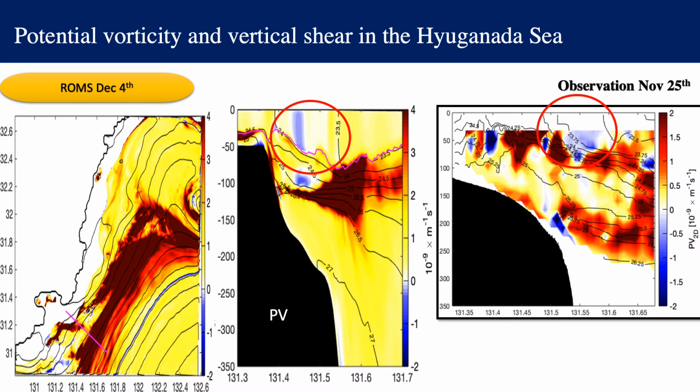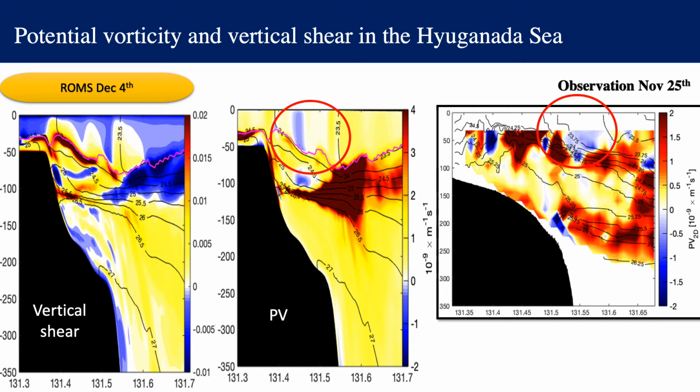This negative potential vorticity generated over the sloping bottom boundary in the upstream region, as observed in the plan view of the potential vorticity near the coast, can be the reason to produce enhanced turbulence through inertial and symmetric instability. The vertical shear along the section flow in December shows banded structures of positive and negative values along